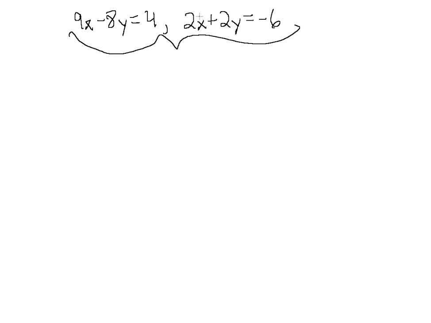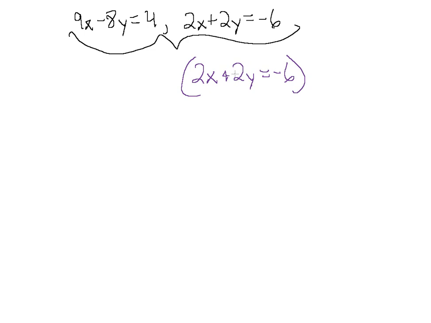We have the system 9x minus 8y equals 4, and 2x plus 2y equals -6. Now, 9 and 2, the coefficients of x, one's odd and one's even, so that might not be very simple to deal with. But our coefficients of y are both even, so let's go ahead and multiply equation 2, which is 2x plus 2y equals -6,